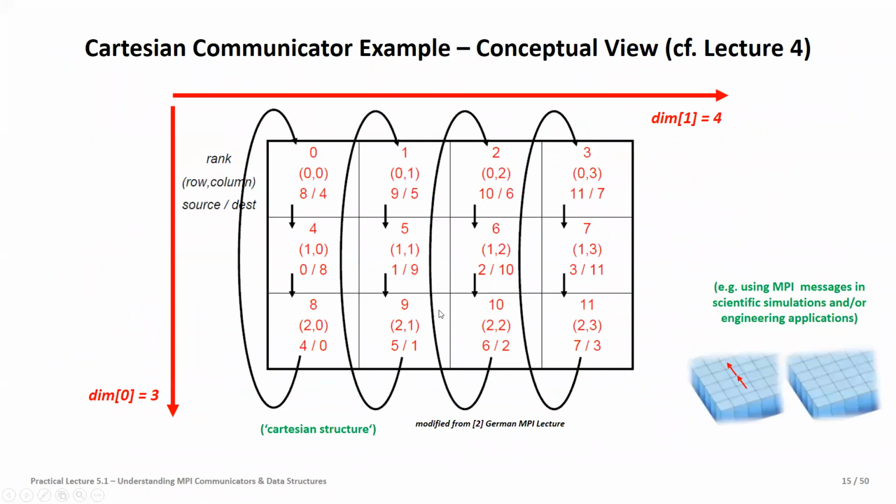So let's dive a little bit into the example that we have, right? So this is again the one that we often have seen in theory. Let's see how we put that to practice. We see here we have a 4 times 3 communicator. We have here the rank 0, 1, 2, 3, 4, 5, 6, etc. up to 11. So we basically would require here 12 processors